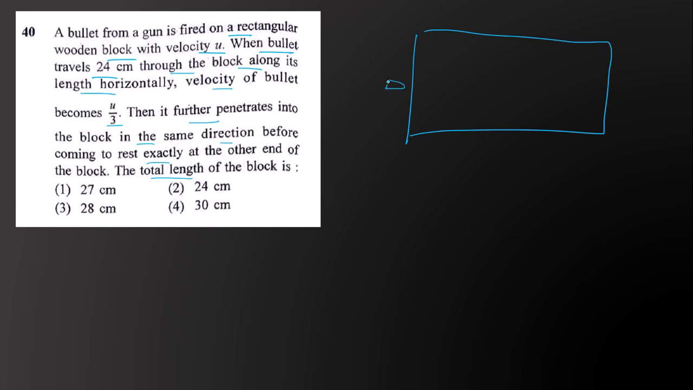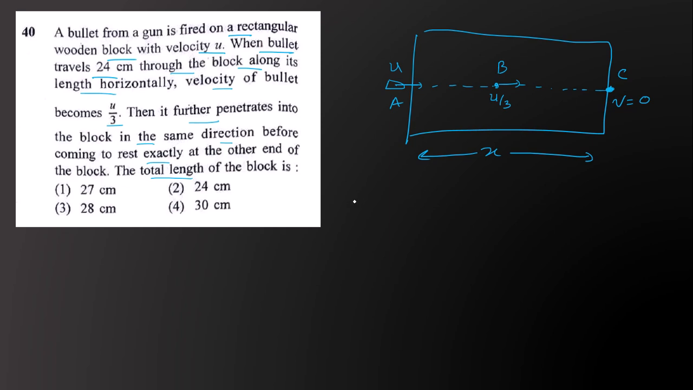Well, the scenario is like this. When the bullet enters, the velocity was u, then it goes up to a certain point, let's say this is A, this is B. At this point the velocity of the bullet is u by 3, and then it goes further, and this is the point where it stops, and this is in fact the end point of the wood. Let's say that point is C, and at this point, since the bullet stops, the velocity will be 0, and we are supposed to calculate the total length of the block. Well,